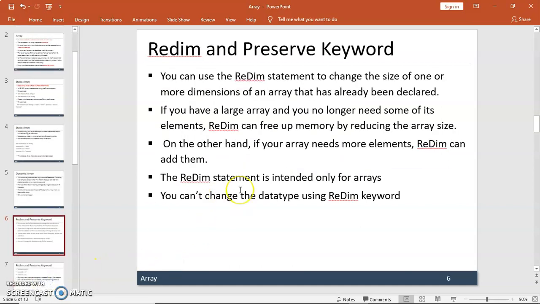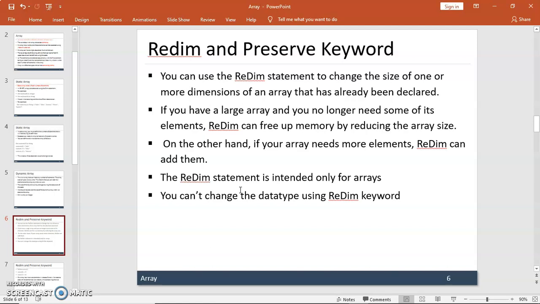What are the ReDim and Preserve keywords in VB.NET? You can use a ReDim statement to change the size of one or more dimensions of an array that has already been declared. If you want to resize an array that is already declared, then you can use the ReDim keyword.